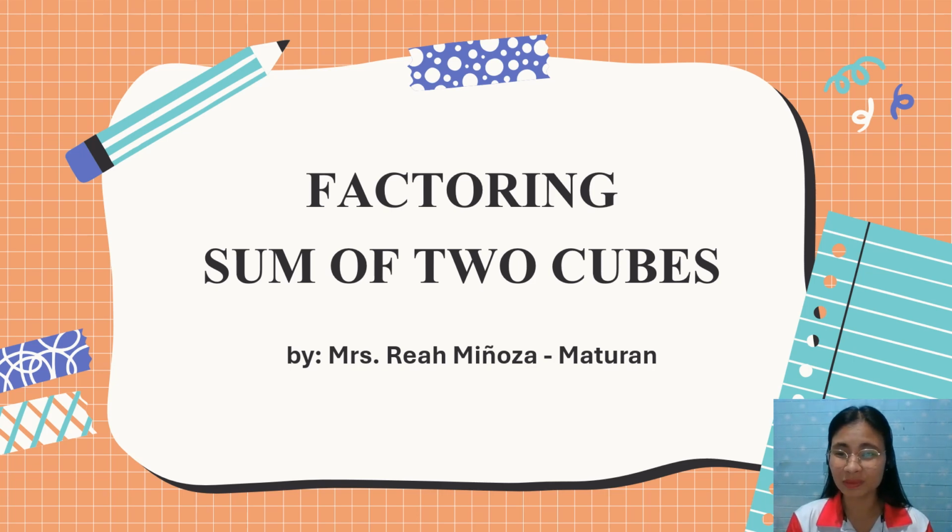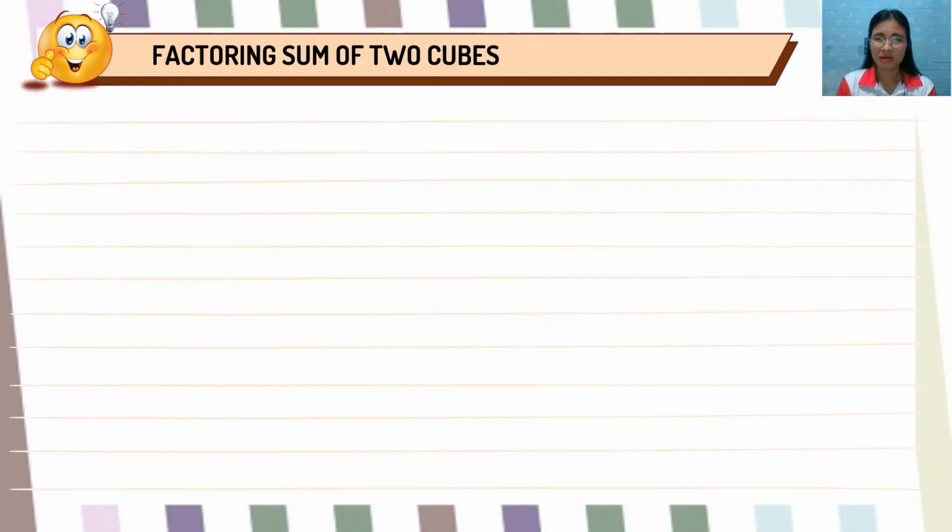This is again Teacher Rhea, and this time I am going to discuss factoring sum of two cubes. So how are we going to factor out sum of two cubes? So a cube plus b cube is an example of sum of two cubes, and that can be factored out, and that is equal to the quantity of a plus b times the quantity of a squared minus ab plus b squared, where a cube, of course, is our first term of the binomial and b cube is the second